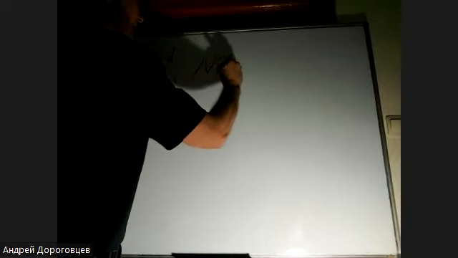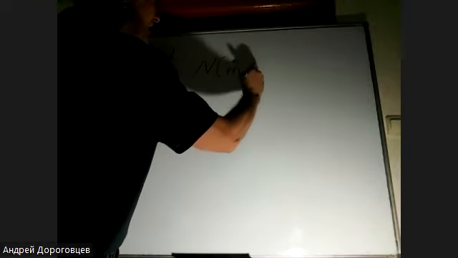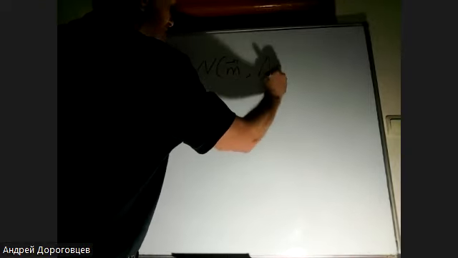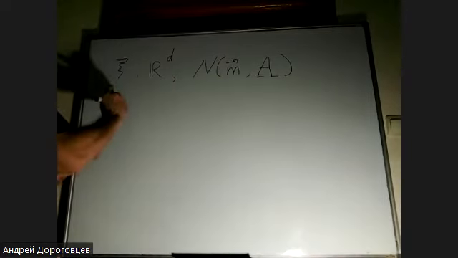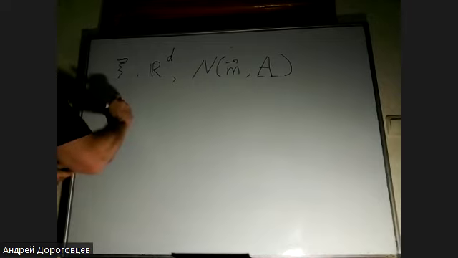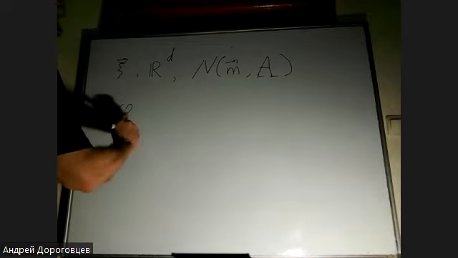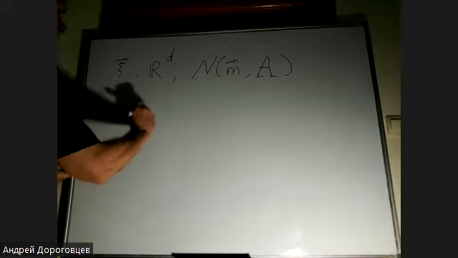If a Gaussian random vector psi in the space R^D has a distribution with mean m and covariance matrix A, then we already know that its characteristic function phi psi of lambda